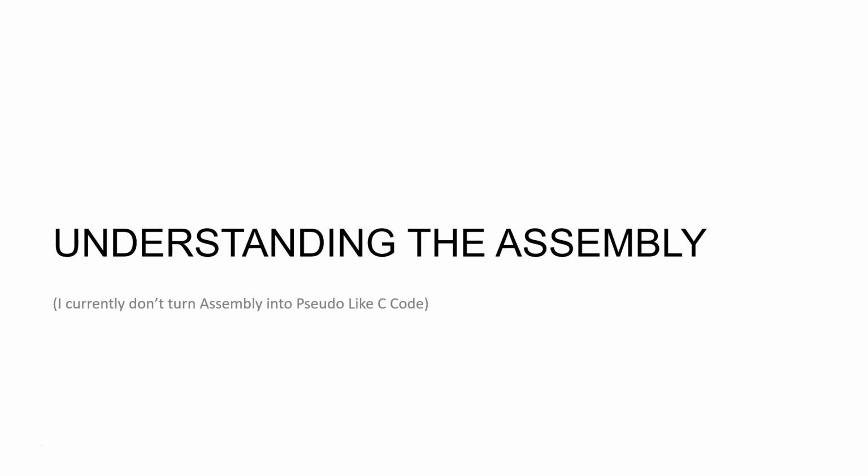Understanding the assembly. So we want to be able to get small portions of the executable, identify it as being the config extraction or the config de-obfuscation. I want to focus on that and try and understand that very fundamentally to be able to replicate that in C or Python or whatever you want. So really, really important we do that.